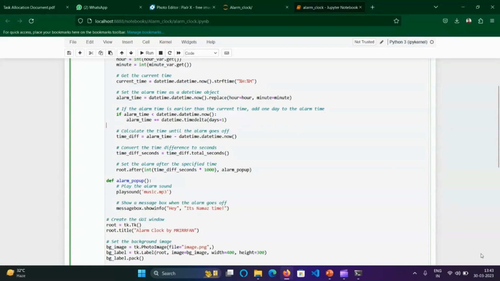For example, you can see the time is now 1:43. If I enter 1:40, then it will add one more day. It means the alarm will start playing tomorrow, not today. So this is the work. Here you can see, if the alarm time is less than datetime.now, it means if the alarm time is lesser than the current time, then it will play